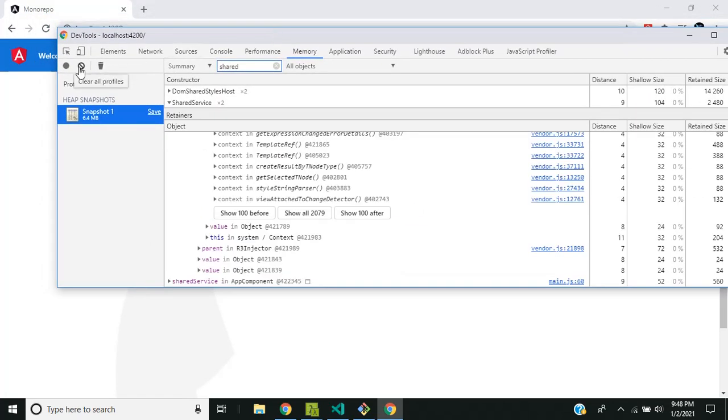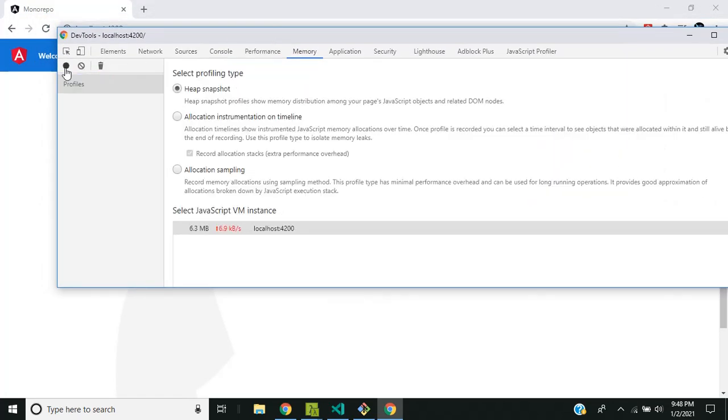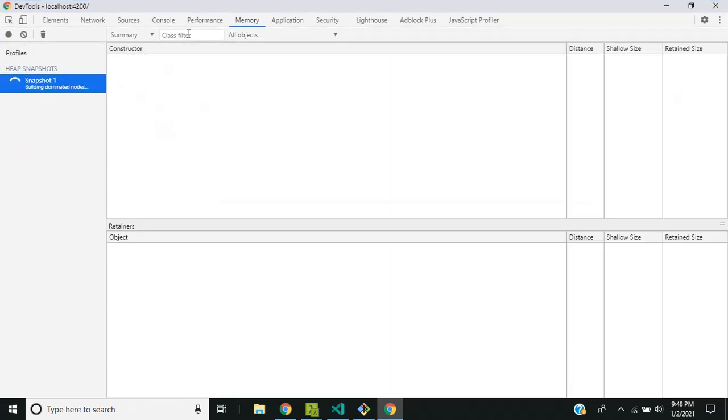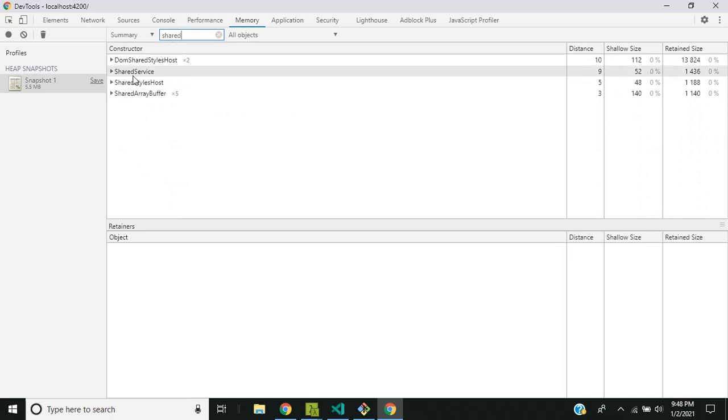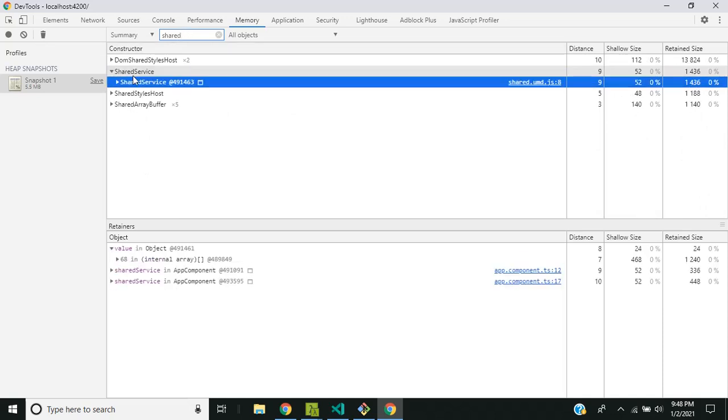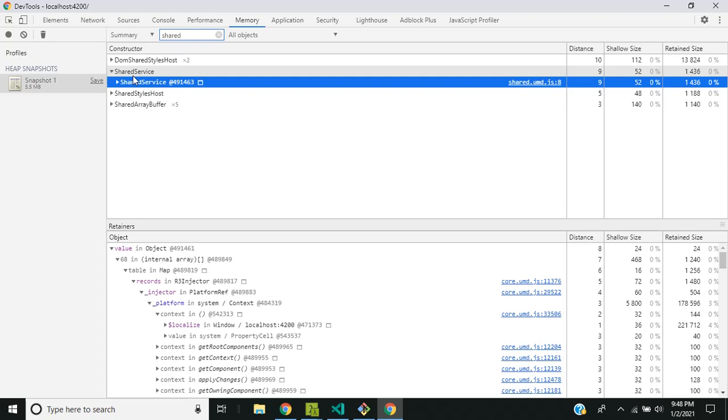So I'm clearing this. I'll take a snapshot. You can see that there is only a single instance of the shared service, and now we'll be able to share data between multiple applications in the same browser tab.